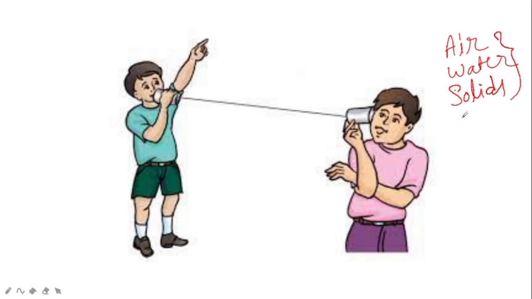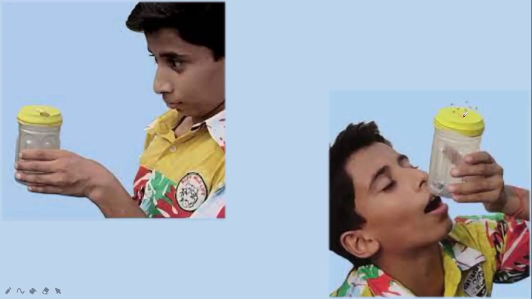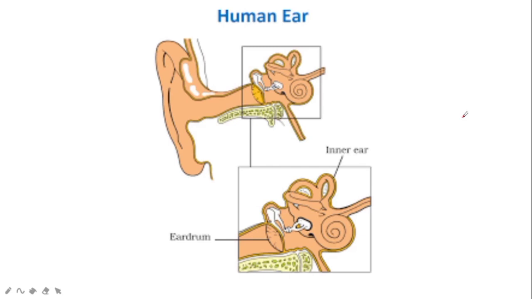Without ears, can you hear sound? No. So we have ears to hear sound. Then how do we hear sound with the help of our ears? If you look at the shape of our ear, as you can see in this picture, the outer part of the ear is shaped like a funnel. When sound enters it, it travels down a canal, at the end of which there is a thin membrane.